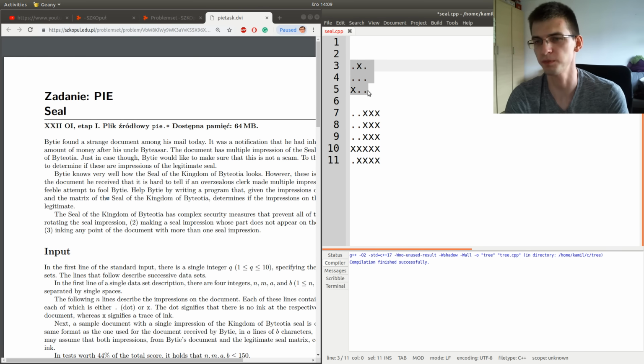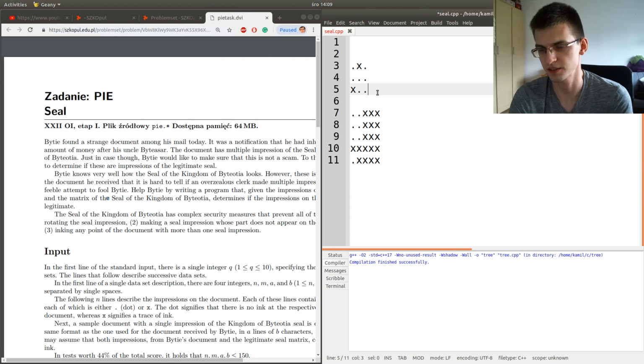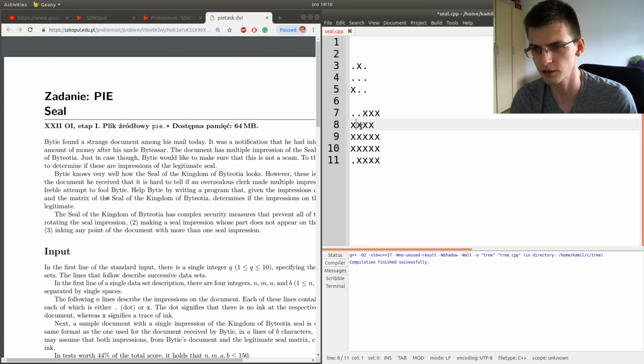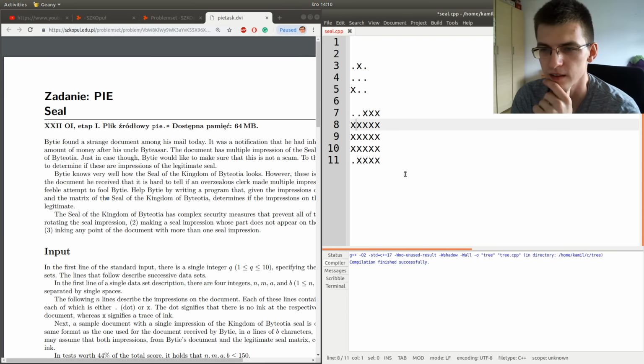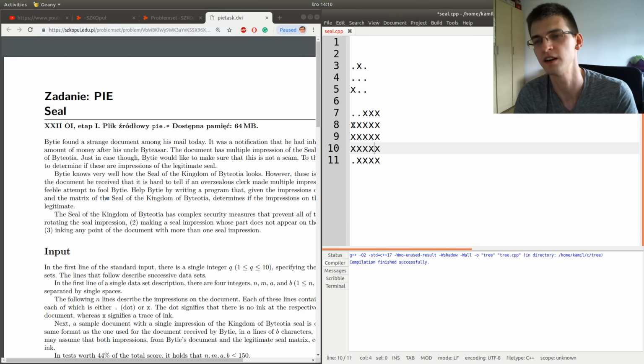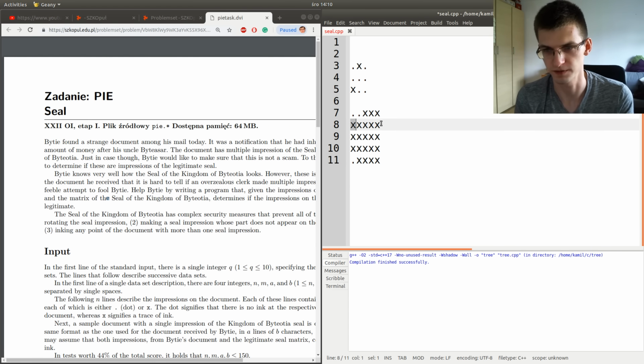Okay, so what if the pattern is more complicated, like this one, not necessarily connected, not necessarily in the form of a square or rectangle? How to adjust this solution? Again, let's go back to our first big shape. It doesn't hurt to first decide about this cell, the leftmost, topmost cell. Usually when you have to put some shape somewhere, it's stupid to decide about the middle, because you have no idea what to put exactly there. So this cell must be covered.